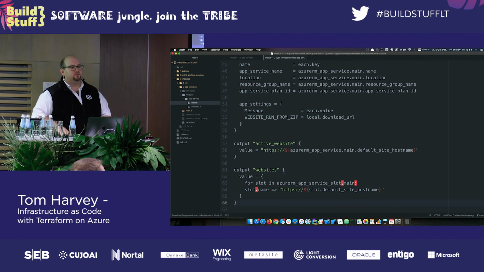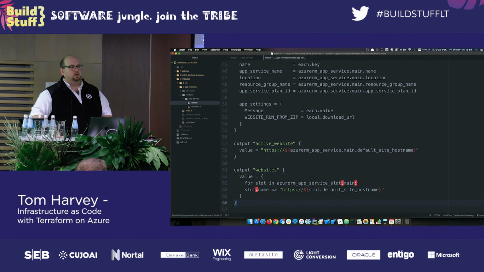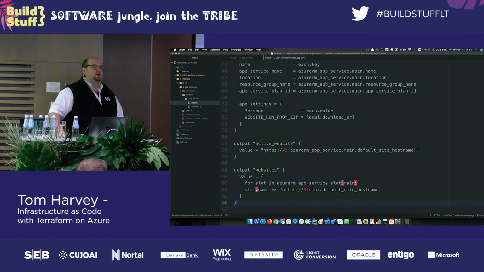Is it possible to import a lot of infrastructure without knowing? No, you need to know the identifier. But